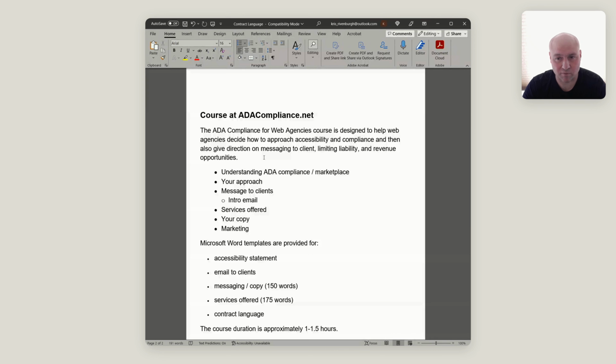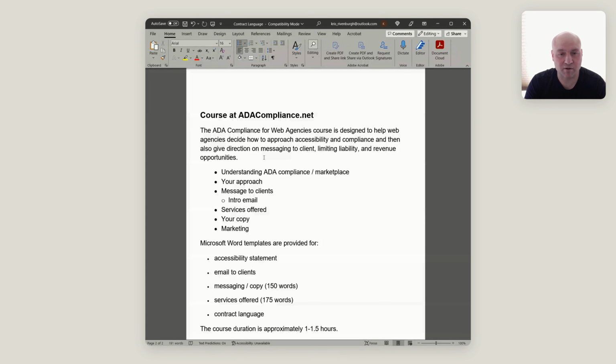You also want to work on your approach and decide what approach works best for you. I highly recommend you start out at hybrid, but you may ultimately want to be at embracing fully. I can understand if anybody doesn't want to get involved in this, but ultimately accessibility is going to be something you are going to be involved with in some way, form, or fashion, because clients are going to bring this to you, or you're going to lose clients because they are going somewhere else to have accessibility services fulfilled. So in some way, form, or fashion, you will have to deal with this. But if you want to avoid it altogether, I do talk about how that would come about.